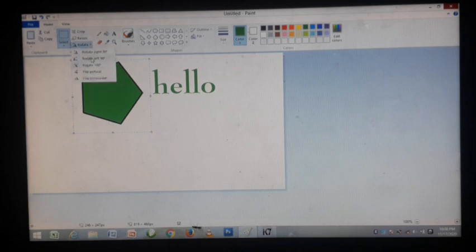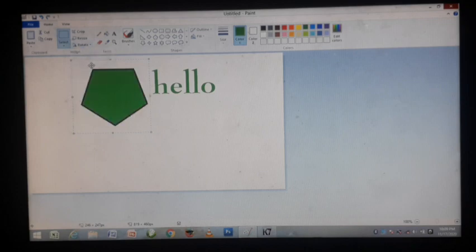Then rotate left 90 degrees: the image is rotated to the left 90 degrees. Then rotate 180 degrees, then flip vertical, then flip horizontal.